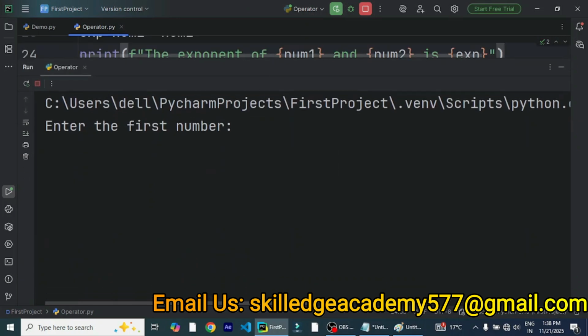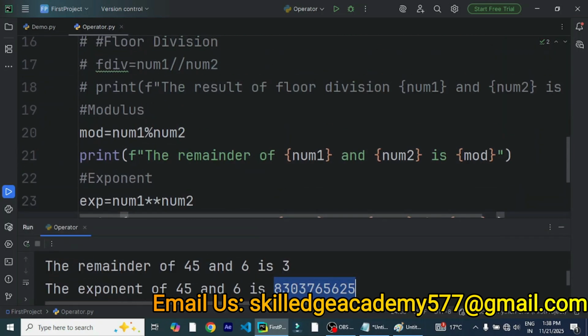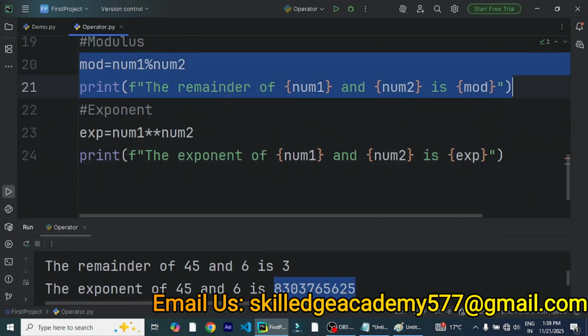increase the result window. Now say the numbers would be 45 and 6. So if I divide 45 by 6, what should be the remainder? 6 7s are 42, 3 should be the remainder. And if I raise, but that would be a very large number, I have taken a large number. Let's see the result. The exponent operator, if I raise 45 to the power 6, the answer will be something like 8303765